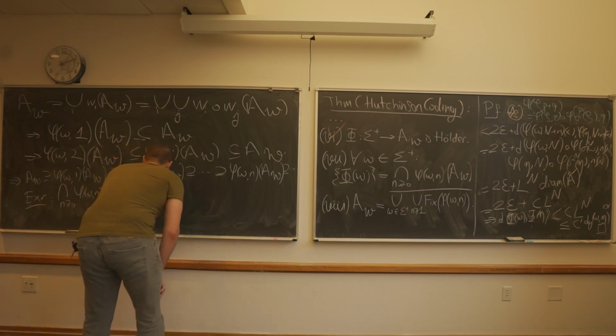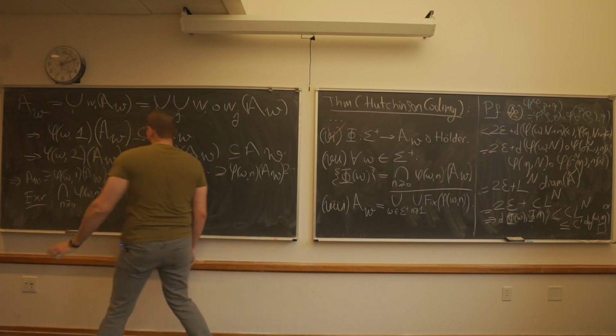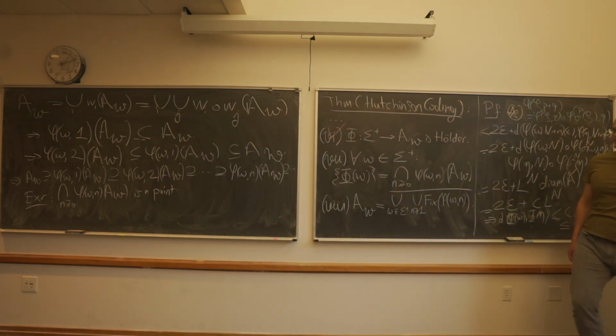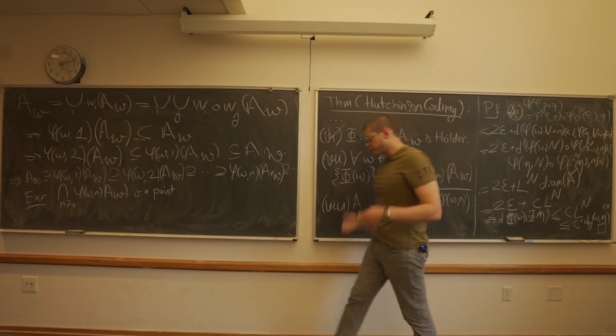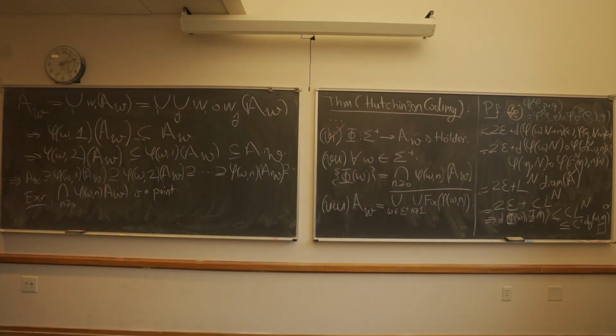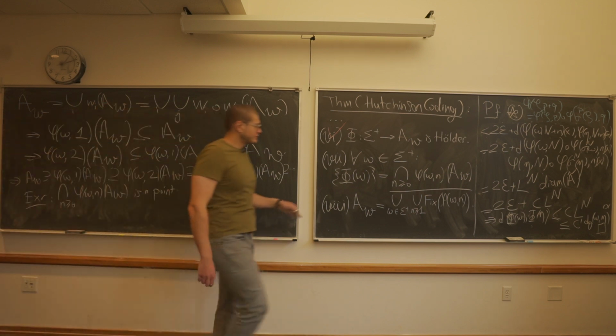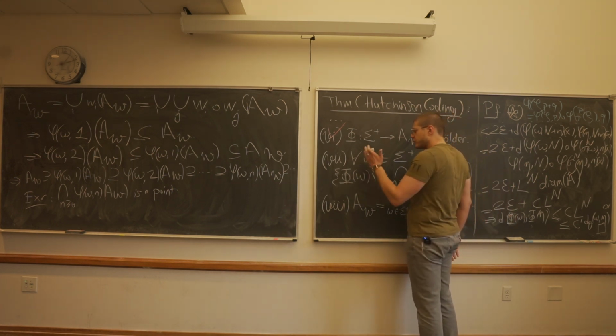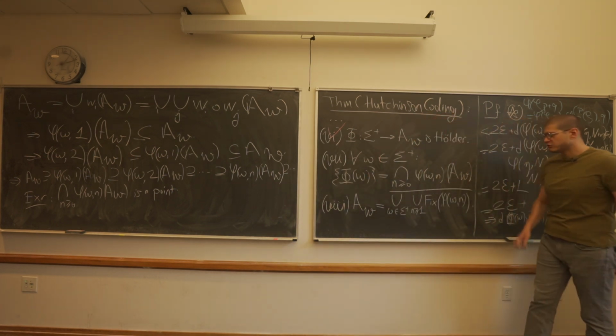Is a point. One way to show this is to realize that the diameter of these sets goes to 0. And in fact, that intersection is going to be the Pompeiu-Hausdorff limit of the sequence of sets, if you want. And maybe I should leave that as an exercise also, that this point, this phi of omega, is going to be inside all of these.